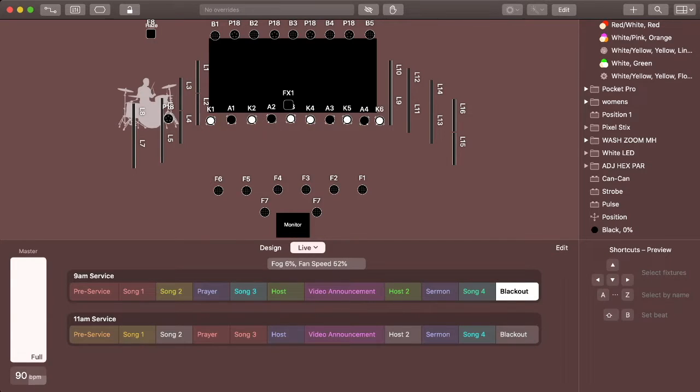So right now, I've gone ahead and done a 9 a.m. service and 11 a.m. service, but I'm going to add a third service. Let's just say that this is going to be a 1 p.m. baptism service. So we're going to click on edit,